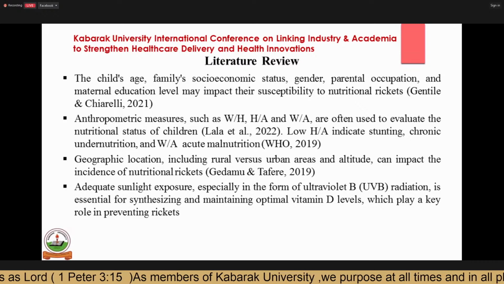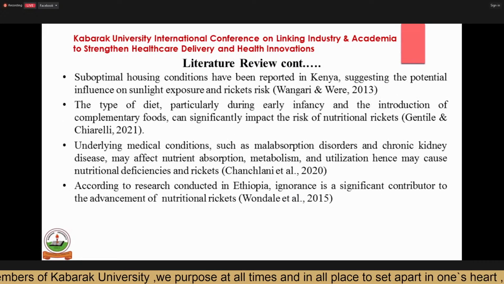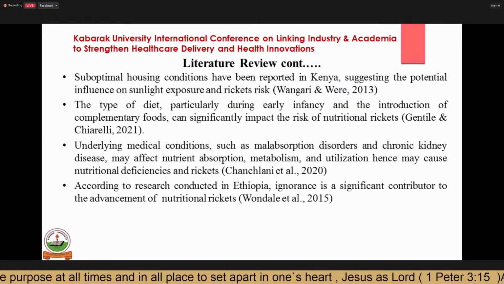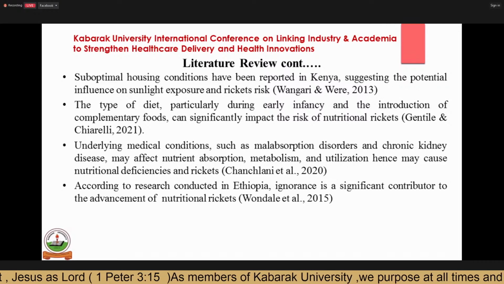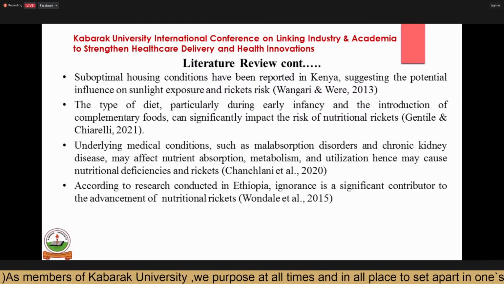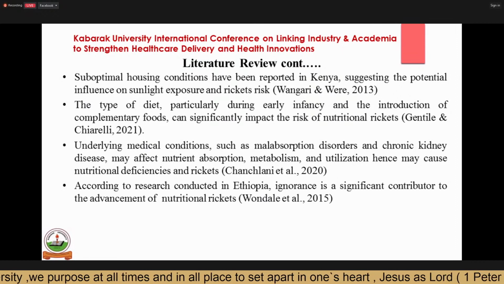And deal in preventing this condition. Housing conditions have been, and the introduction of compound foods significant of conditions such as disorders, they affect the nutrients. This showed that